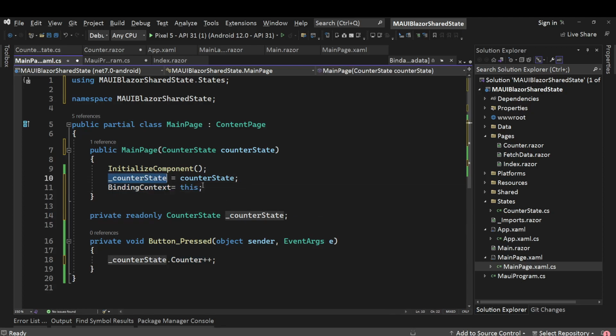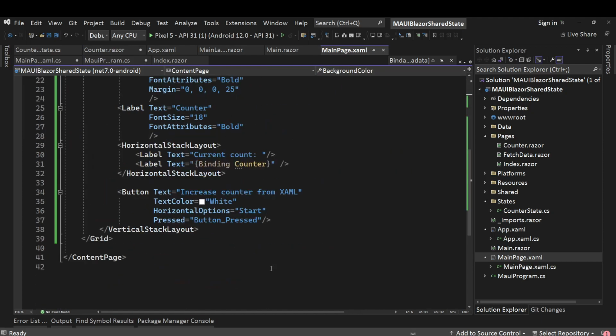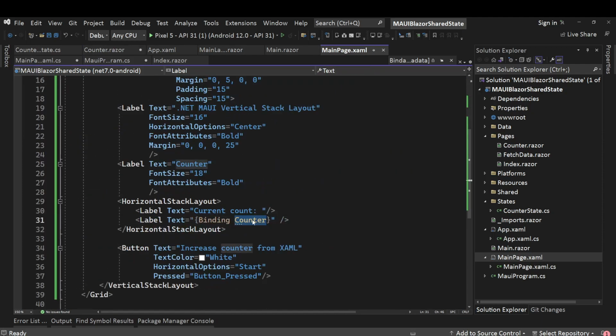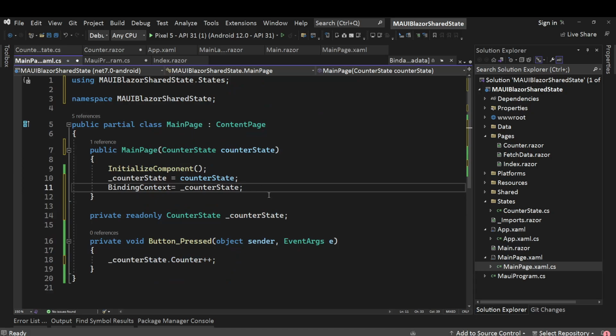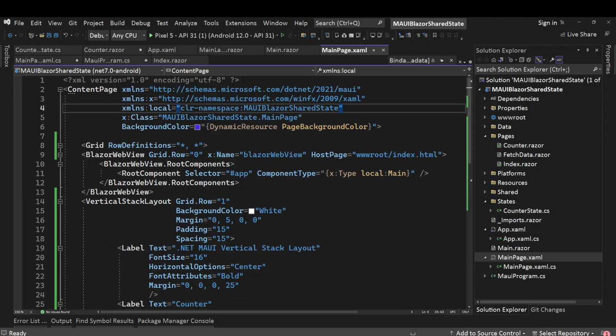We are not setting binding context to this because now we have our view model. So we will set it to this _counterState. Now let's go to its code behind here. Instead of this counter, the property name would be Counter only, but now it will come from this CounterState. So for that, let's add